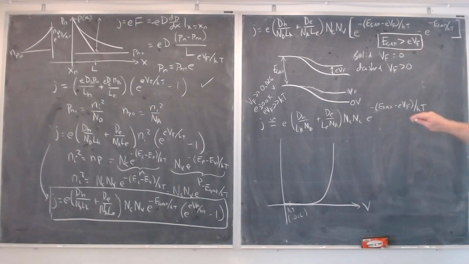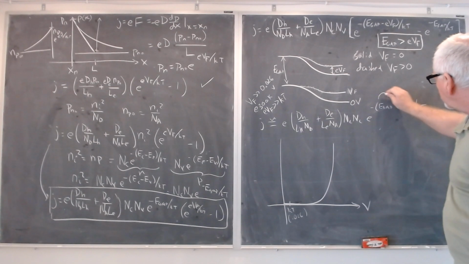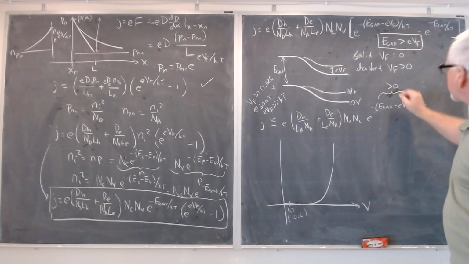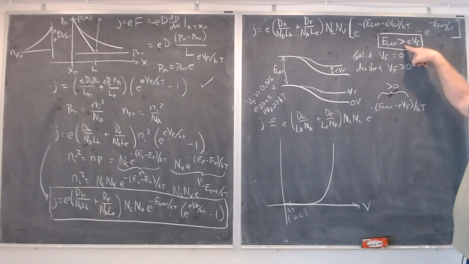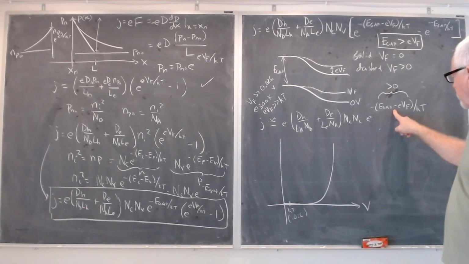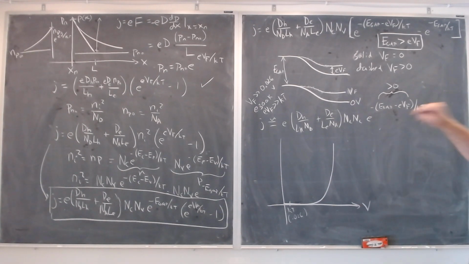Now, I want you to observe something. Look at the equation here. Now remember, this part, can't draw, this part is greater than 0 always, because that's always true. So this is always e to the minus a number. Now, since it's always e to the minus a number, when temperature gets smaller,